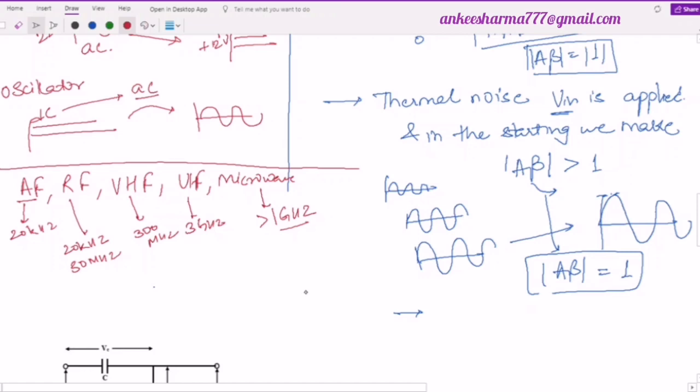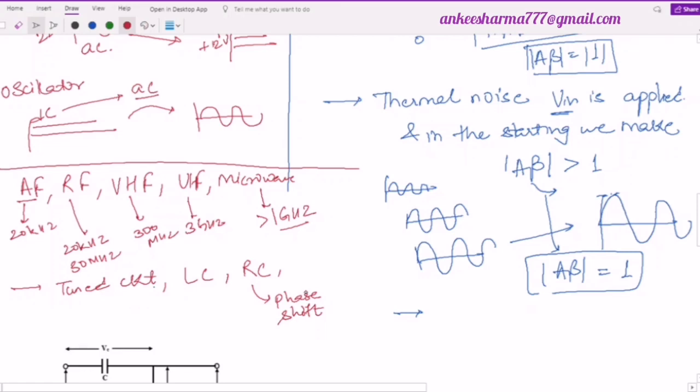Then second is the type of the circuitry they have. On the basis of that we can say a tuned circuit or LC circuit that I have told you right now, a tank circuit. Then we have an RC circuit. This is what we will discuss, RC phase shift oscillator. ये RC phase shift oscillator हम next class में discuss करेंगे. Then we have negative resistance oscillator, and we have the crystal oscillators. So depending upon it we have different types.